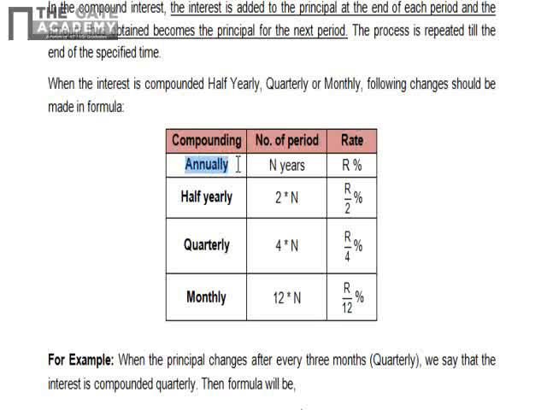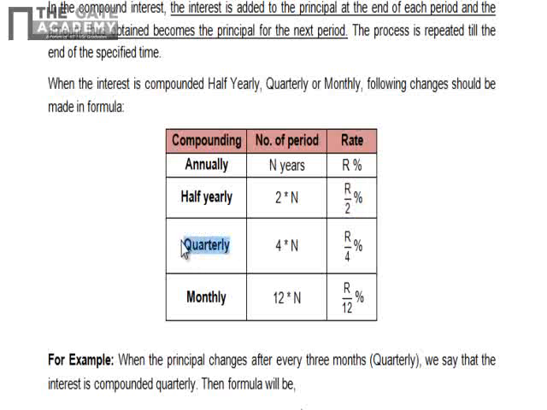For example, there is annual calculation. If it is given that the compounding is on an annual basis, then the number of periods N should be in number of years, and the rate is R%. Suppose it is given that the compounding will be half yearly, then you'll have to increase the number of periods. Suppose it is 2 years, then how many half years will come in 2 years? You can very easily calculate that 4 half years will come in 2 years. So you can directly multiply the number of years by 2, and for the rate you'll have to divide by 2.